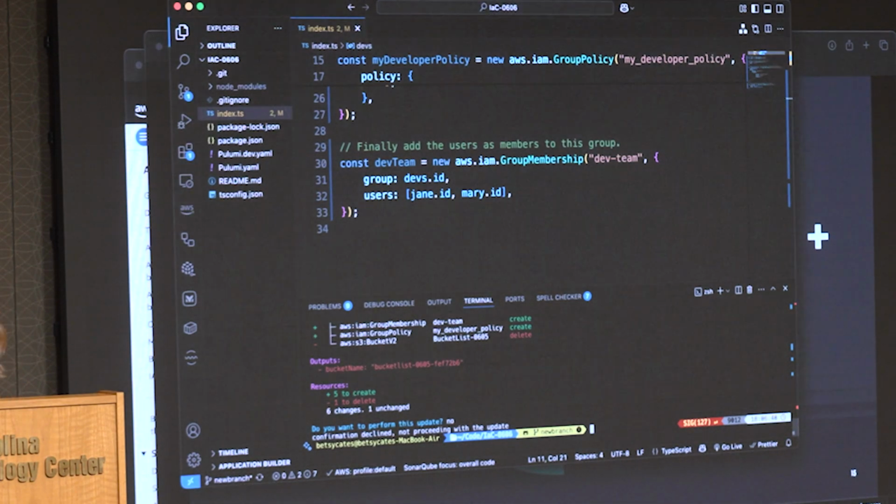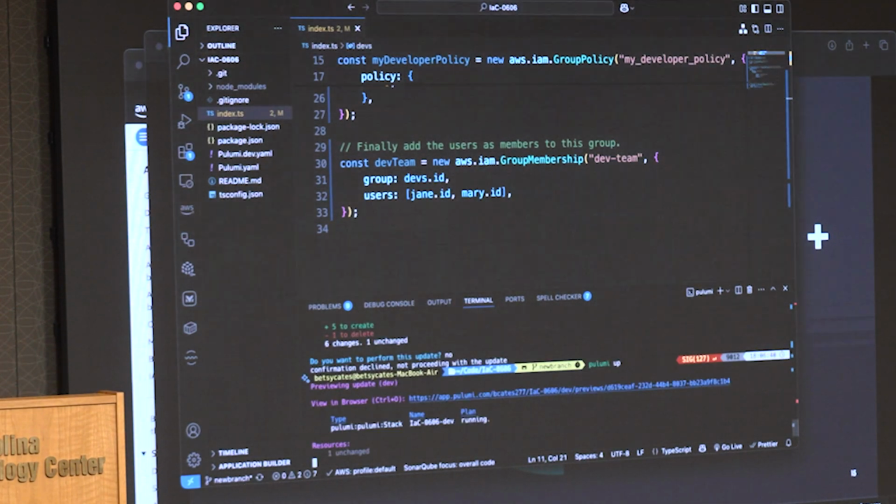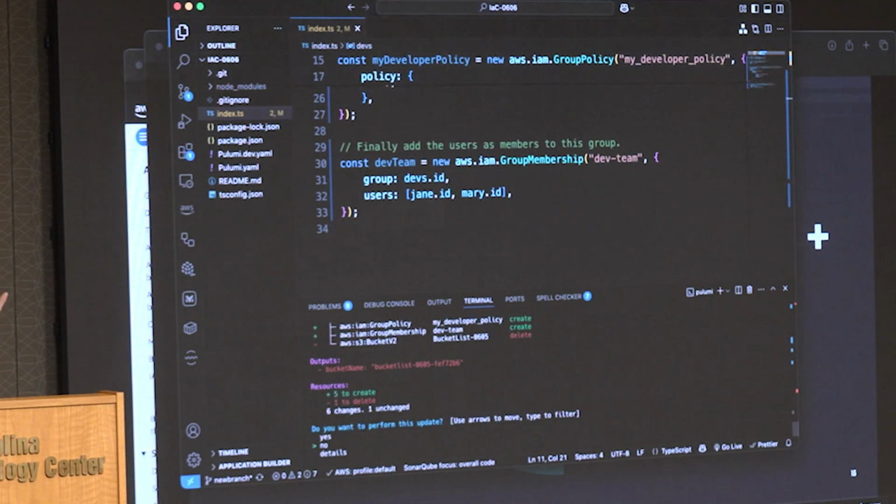Yes? Can't you just remove the bucket here from the CLI? If you do that generally from the GUI, it gives you a warning when you're removing, but I didn't see any here. Oh, so this is the warning, right? I haven't done it yet. Let me show it one more time. So this is basically the warning right here. It's like, hey, do you want to do this? It hasn't deleted it yet. Is that what you mean? Okay, yeah, so it's not gone yet. This is where we say yes, we want to get rid of it, and no, if we need to go back and make changes.